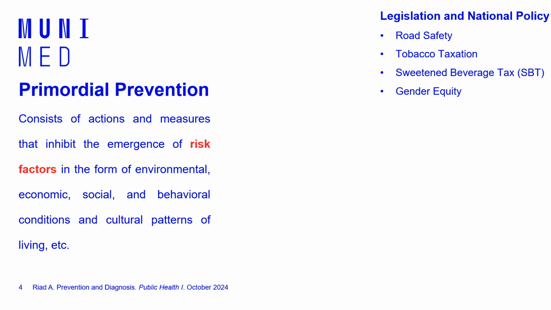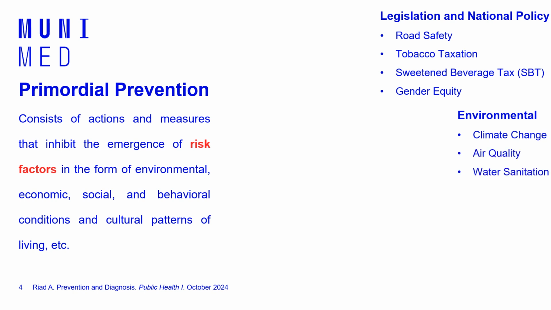Okay, gender equity. All the policies that will give genders more equal access to the labor market and other areas in society will increase the chances of equal, or equitable, health outcomes for everyone. Think about environmental risk factors and how we can engage with them. For example, climate change. All the policies that will try to limit the impacts of climate change are considered to be interventions under the group of primordial prevention.